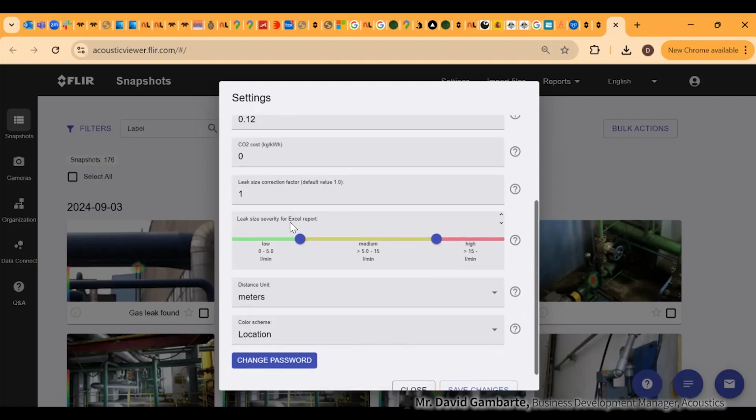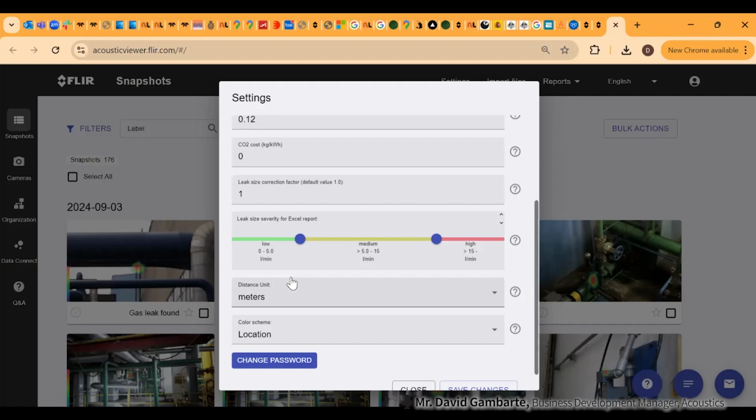And this is the leak size severity for the Excel report. Sorry, this is related to the coloring that we have in the leaks bulb. So when you see a leak, we have different coloring, and it's intuitive. Of course, if it's red or reddish, it's supposed to be a bigger leak, but you can adjust the scale here.